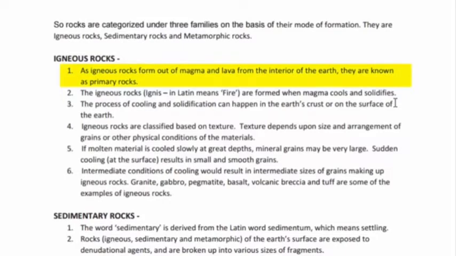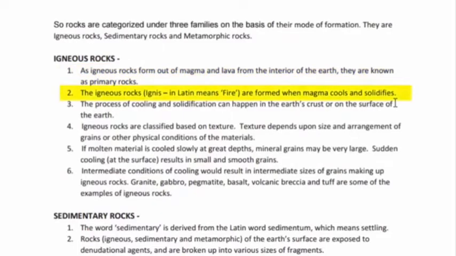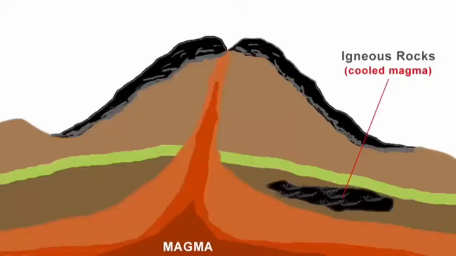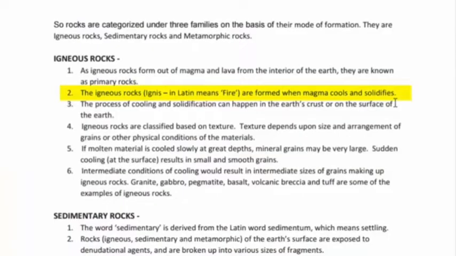Now igneous rock is also known as primary rock because it is formed from magma, so anything that is formed right from the core ingredient of the Earth has to be called primary rock. The word igneous is derived from a Latin word called ignis, which means fire. Mantle is filled with magma, and when magma comes out of the surface, it cools down and becomes solid. That's how igneous rocks are formed. So, mantle is in a way a fire. The process of cooling and solidification can happen both in the Earth's crust as well as on the surface of